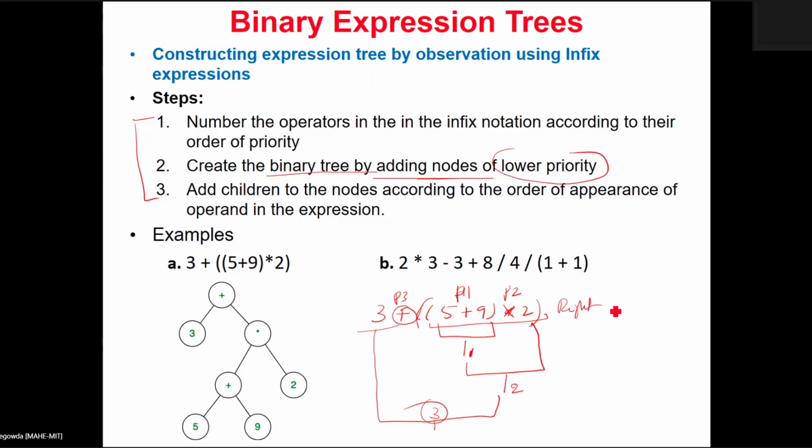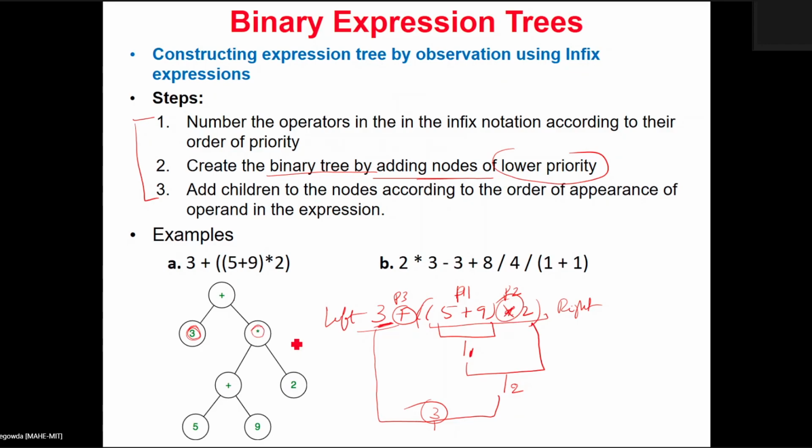I have only one operand on the left, so create a left child for the plus and mark it as 3. Then the next priority is given to the multiplication, so you create the right child for the plus node and mark it as star.